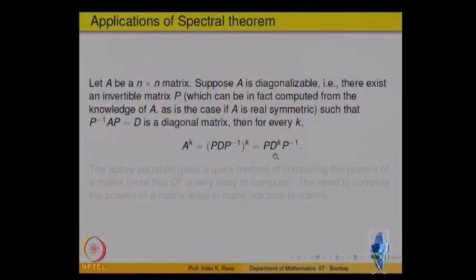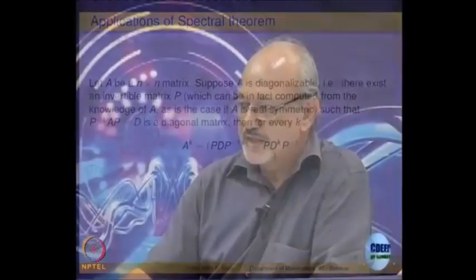So, this becomes a very useful tool, and it is useful when you are doing a lot of applications. For example, there is something called Markov processes, where this comes out as a probability. This matrix A is a probability matrix of going from one state to another of some process, right. So, if you are able to diagonalize that, and you want to apply it again and again and see what happens eventually to the system.